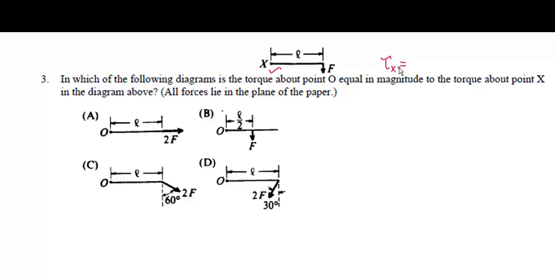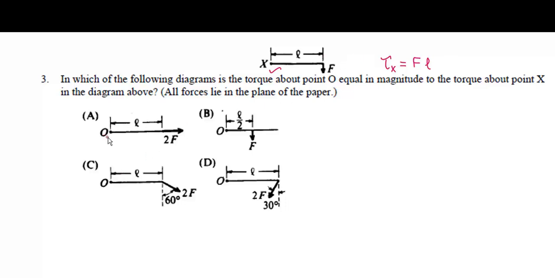Perpendicular force times the radius. That is force times its distance from the axis of rotation, perpendicular distance. So here it is L. So that is the torque about point X, right? And here we have to check, out of the given options, which option corresponds to this much